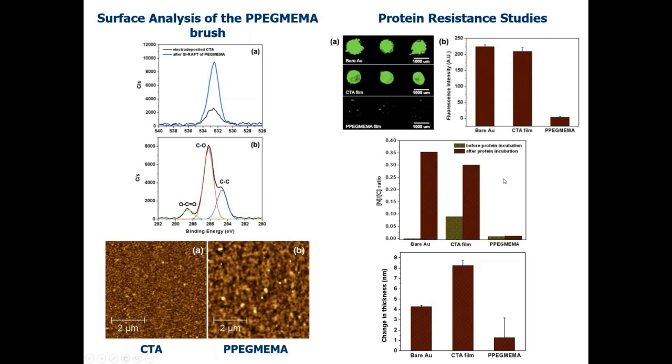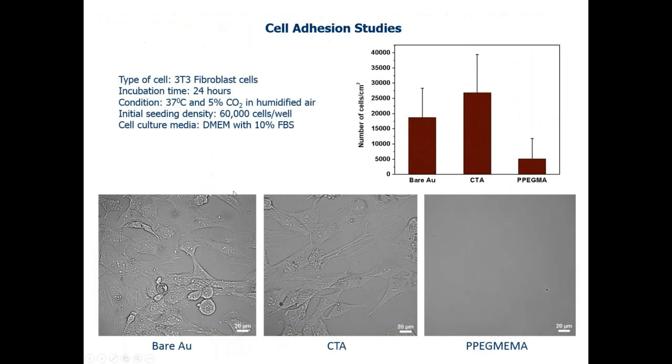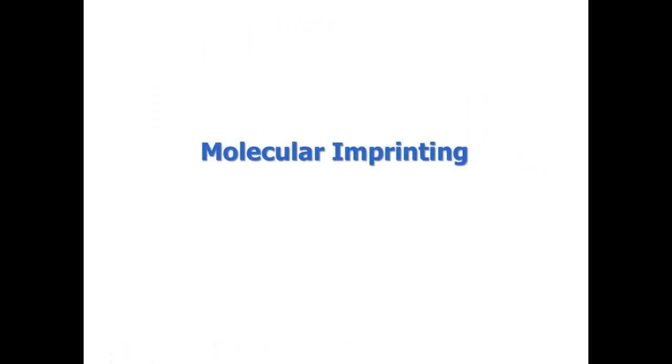On the cell adhesion studies, here you can see bare gold, the chain transfer agent, and the polymer brush grafted, and the fibroblast cells as investigated by SEM. So you can clearly see here that on the PEGMEMA-derived surface, very little if any of the cells were adsorbed. So the last topic that I actually wanted to cover, and I'm done with this last topic, was